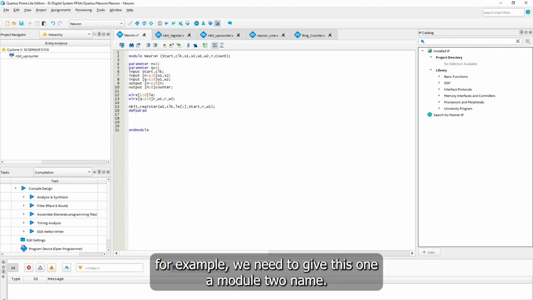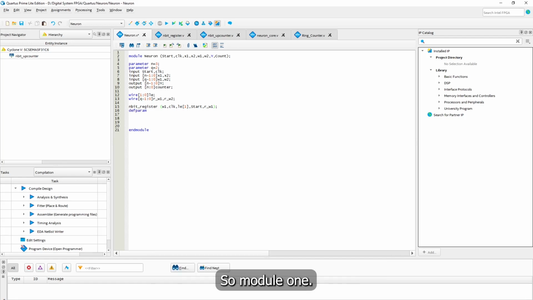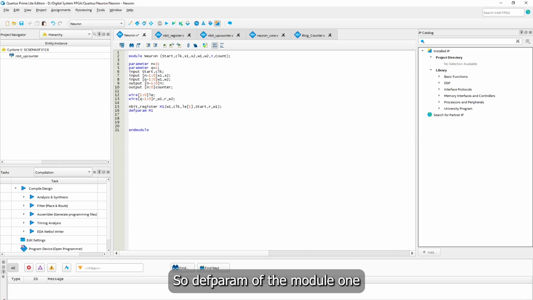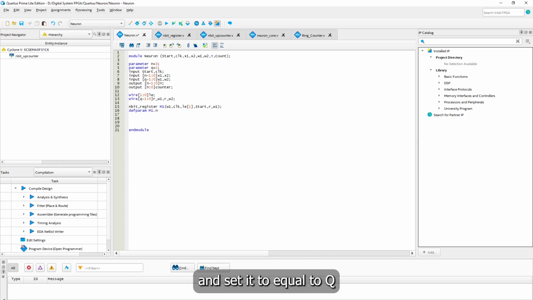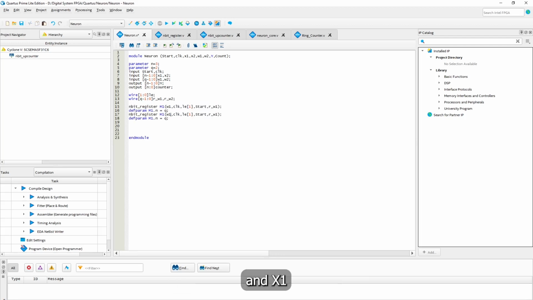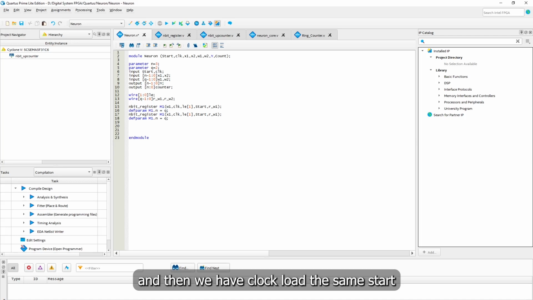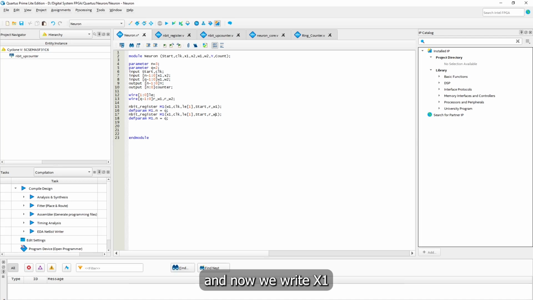For example, we need to give this one a module 2 name, so we can call it module 1. So defparam of module 1, and then it should look for the n parameter and set it equal to Q. And then what we can do next is just copy this one again, X1, and then we have clock, load, the same, start, and now we need to write X1